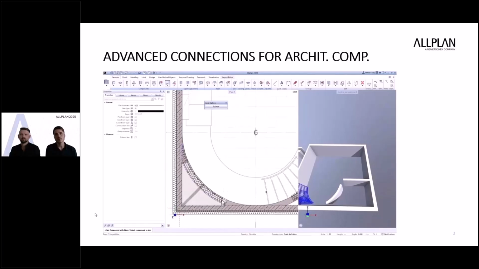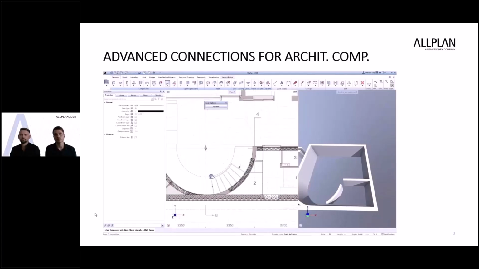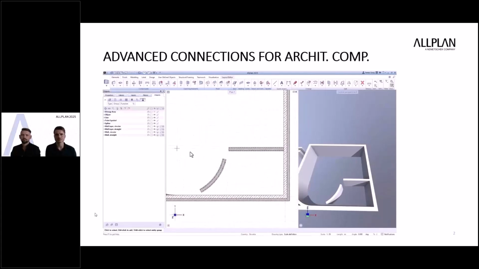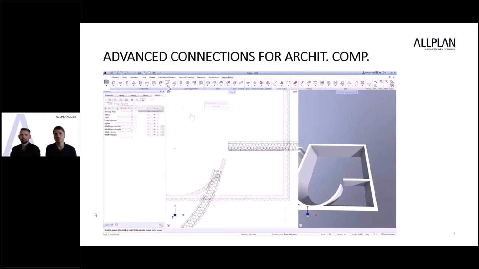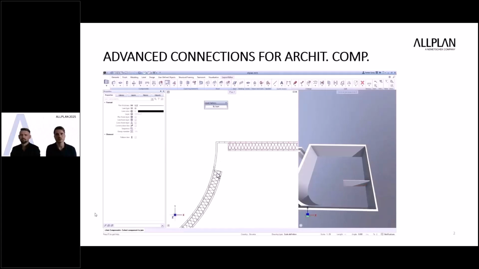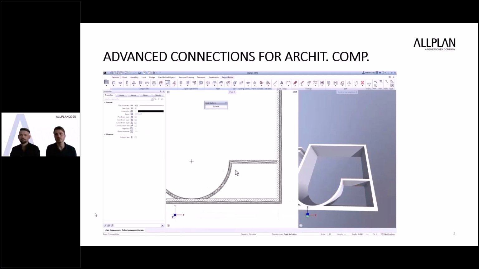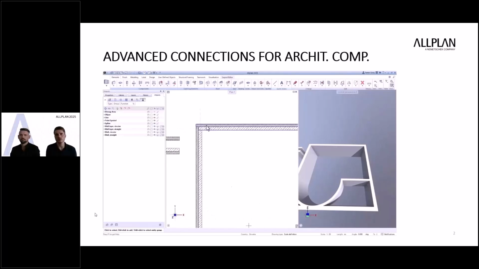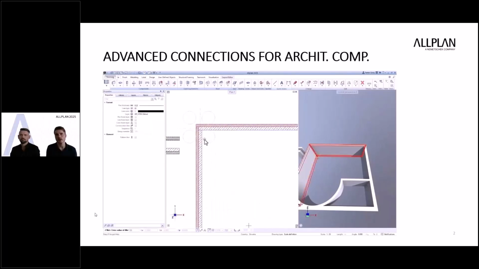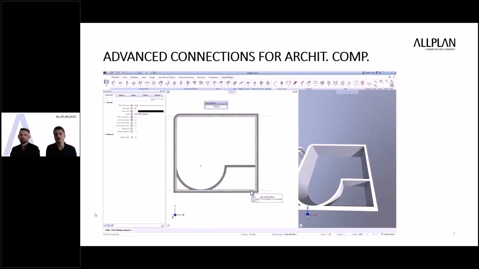So the first topic from my side is advanced connections for architecture components. We enhance the creation of joints for curved structures to meet the growing need for modeling curved design in modern architecture. The joint connection tool now allows for the automatic joining of multi-layered curved walls, beams, upstands, and strip foundations.